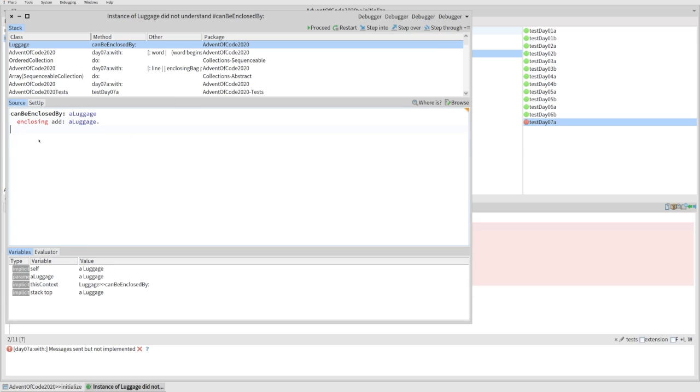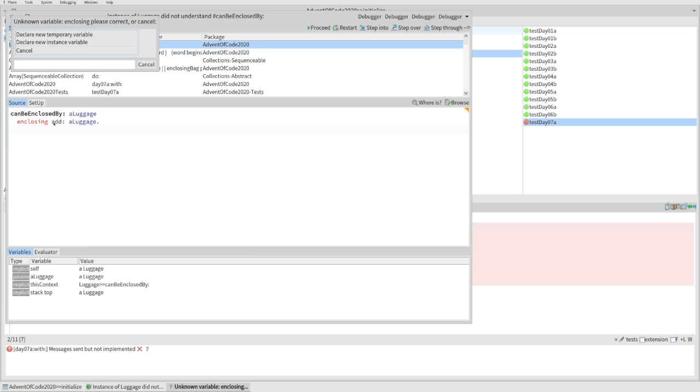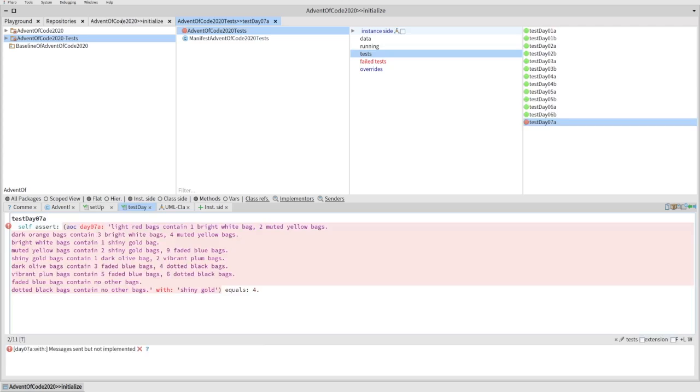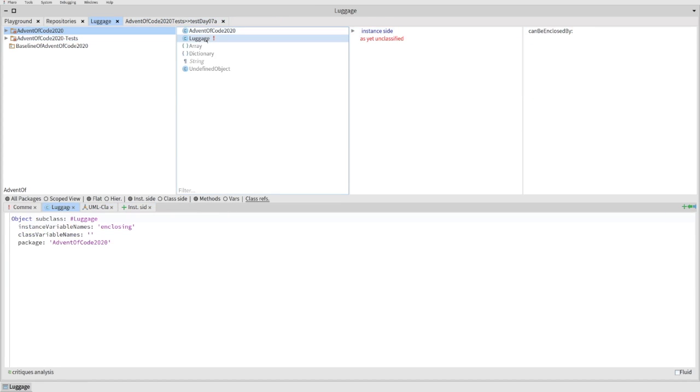Okay, but enclosing isn't anything right now, so let's create enclosing as a new instance variable. And again, we're going to have to break out of here because we need to initialize that with something. So we'll break out of that, come back over here, and now go to luggage, and